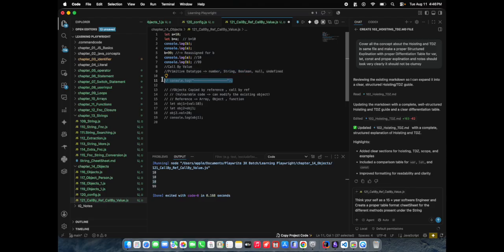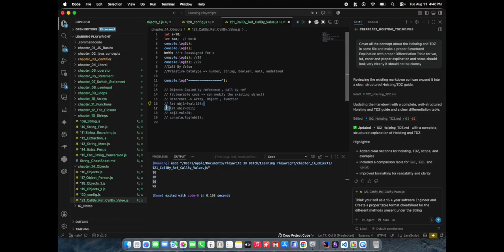Now if I want to check call by reference, this call by reference is only applicable for objects, arrays and functions. Objects are basically copied by reference, that is why it is called call by reference.